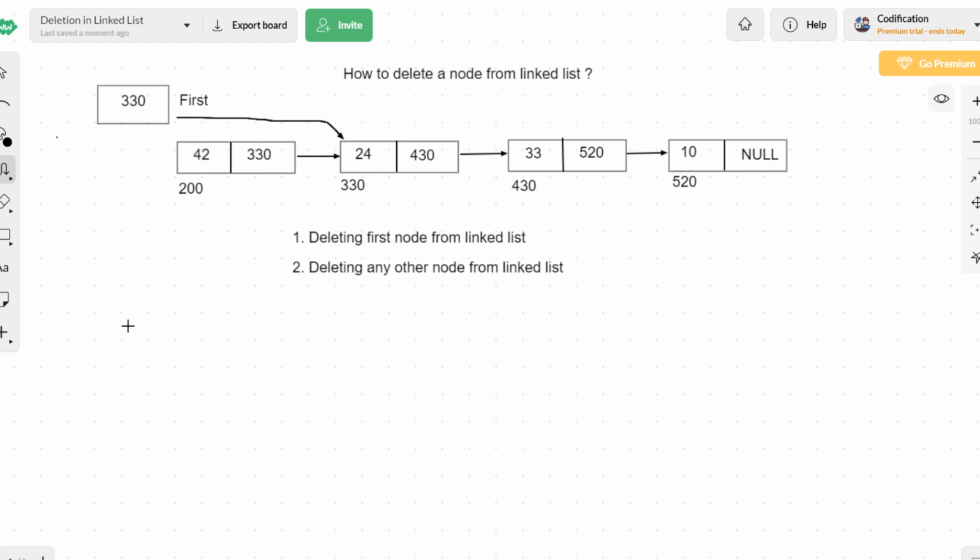So when the first pointer has the address of the second node, whenever you use this first pointer, it will start from the second node. So the first node becomes inaccessible. It is not deleted permanently from the physical memory, but it becomes inaccessible because the address of the first node, address 200, is available nowhere now.